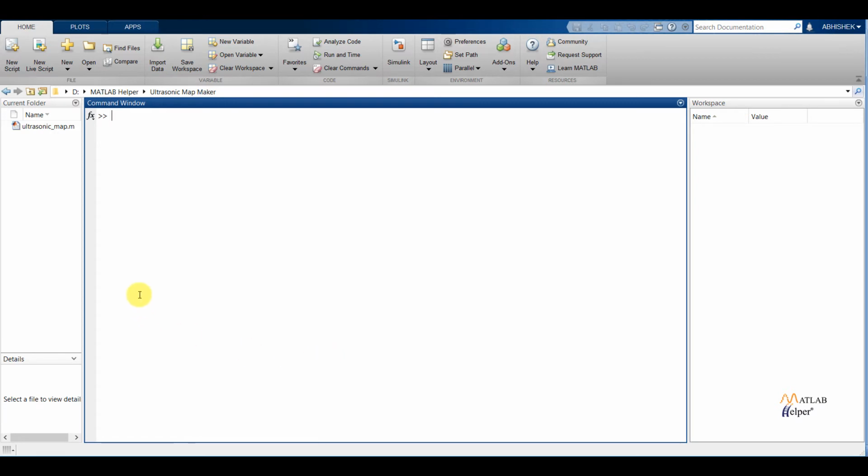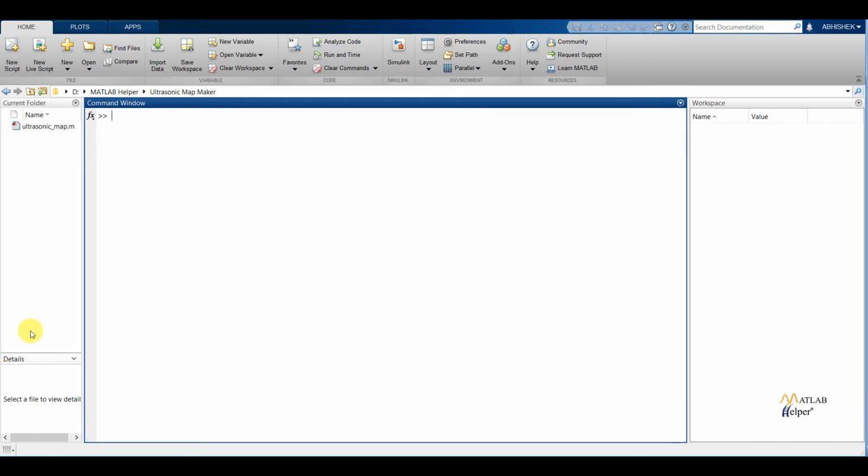So this was all about setting up the Arduino with the MATLAB. Before programming the Arduino for our 2D mapping using the ultrasonic sensor and the servo motor, first we will be creating an account for ThingSpeak and creating the channels and fields in ThingSpeak, so that after uploading the code we will simultaneously be uploading the data to the ThingSpeak cloud server and visualizing the data there also. So now we will see how we can create a channel using ThingSpeak.